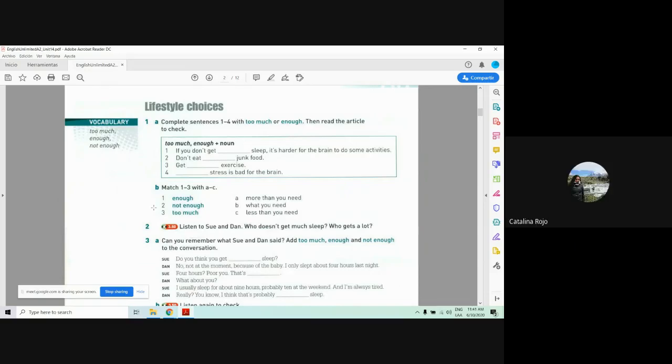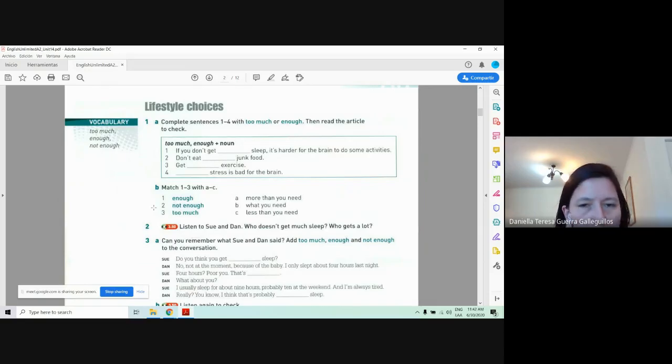Too much. Too much, very good. Don't eat too much junk food. Un error típico del latino en general es que dicen don't eat too much of junk food. No hay que poner el of, ¿ya? Porque de repente uno le tiende a poner más letras en español a las cosas. So don't eat too much junk food. Very good, congratulations. Number 3, get